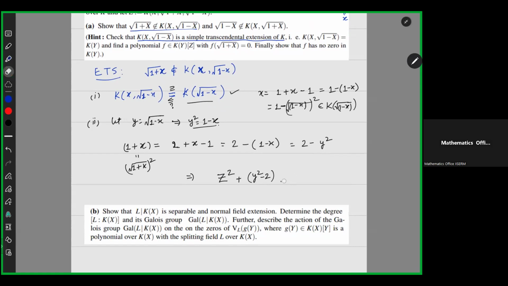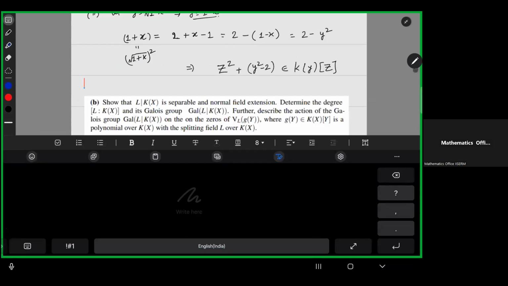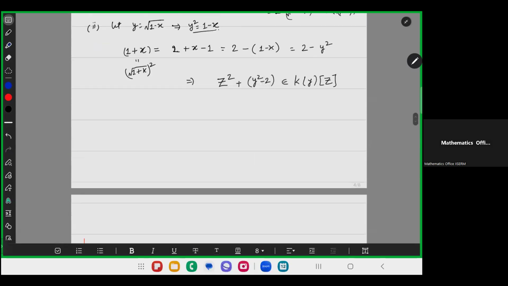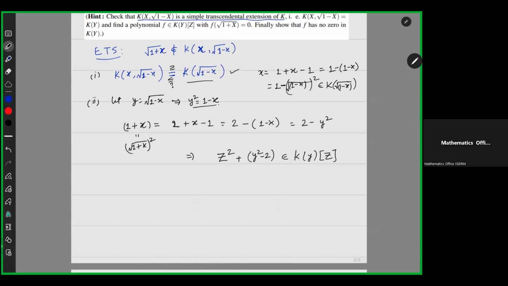This is the polynomial in k(y)[z], which is the polynomial which